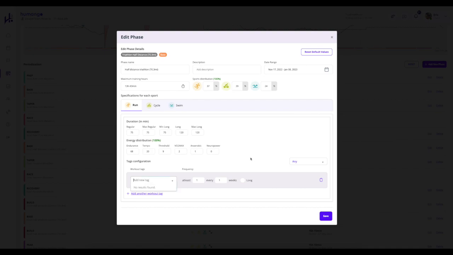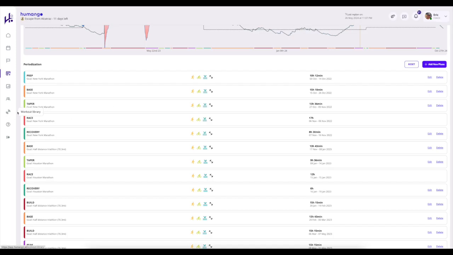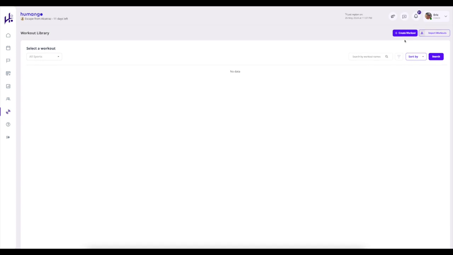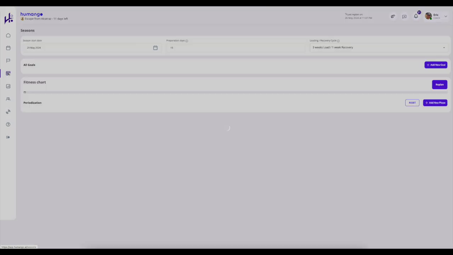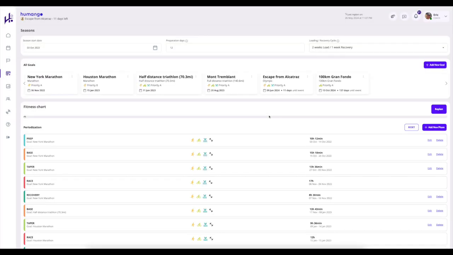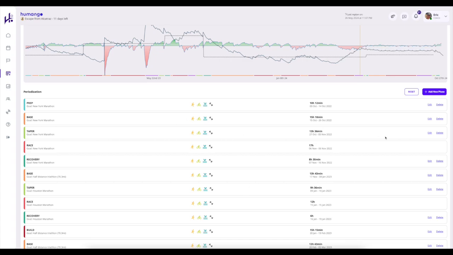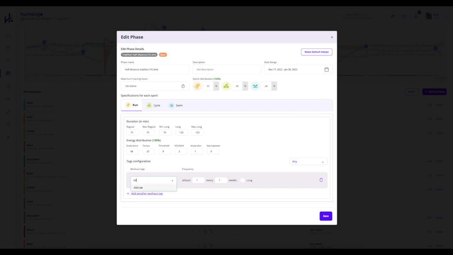But again, what you can do, if you come out of here and we head to the workout library, and then we create a workout, in the tags here, if I wanted to, just for argument's sake, put a Coach Pav tag, and I wanted to then come back to Eric's training, or in this instance, it could be my own training or your own training, come then to the phase that we were editing, or in the future, and then do that.